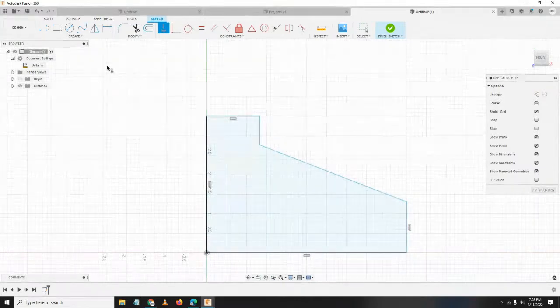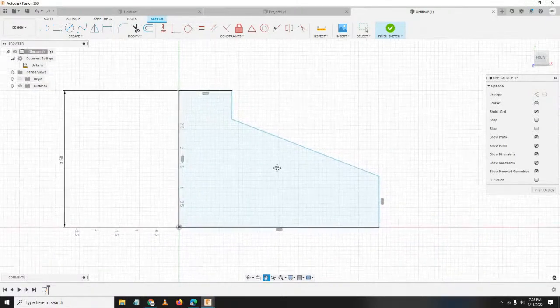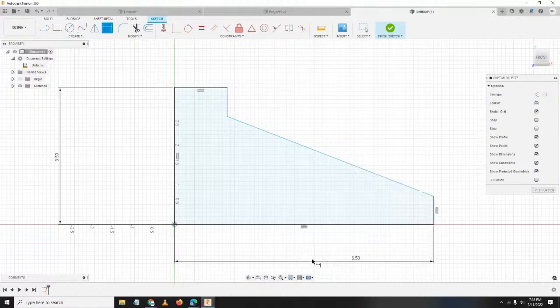Okay. Let's now grab our sketch dimension, selecting this line and this line, left click, and key in 3.5. Okay. Next, this line and this line, key in 6.5.